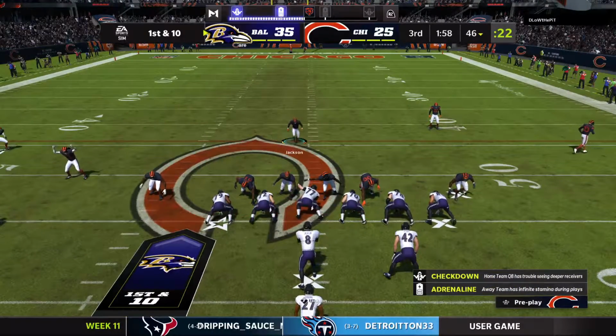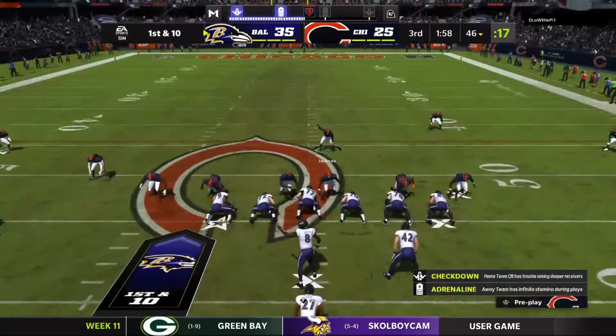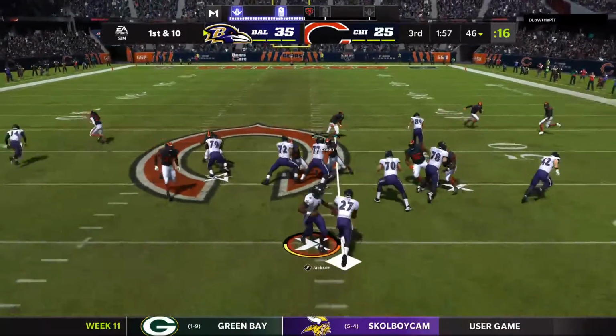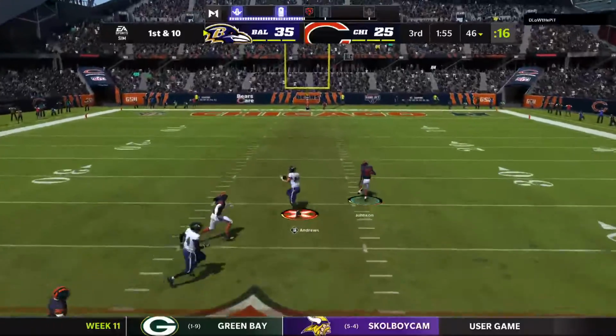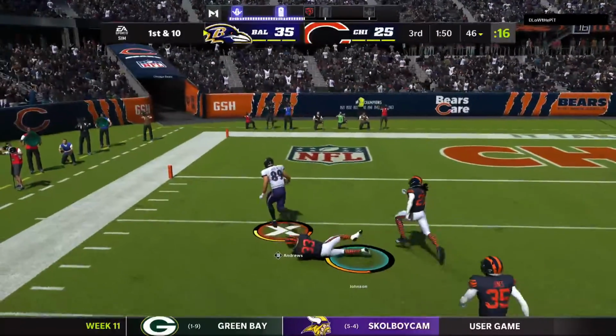The Raven offense set at the line for this next drive. They had to go a long way on their last drive to score the touchdown. This time they get at least a little bit more of a cushion with field position. I have to think that with this field position, after what they did on the last drive, they might want to take a shot right now and try and cut down the...